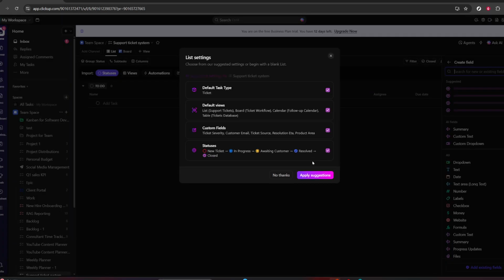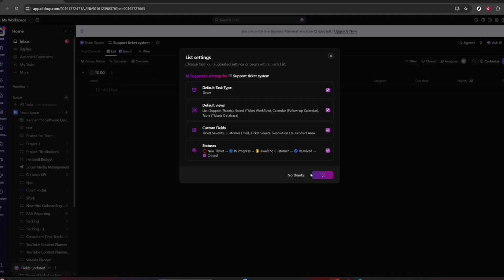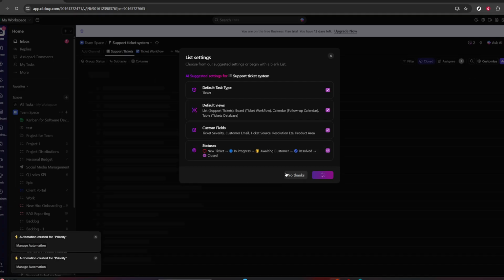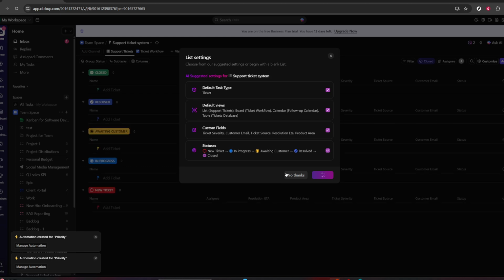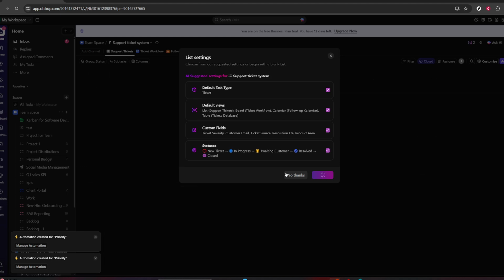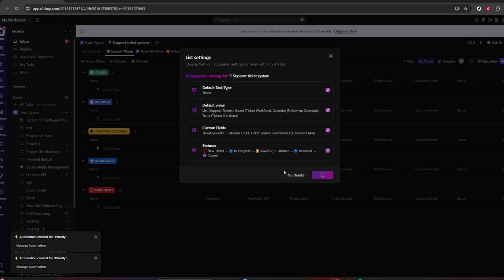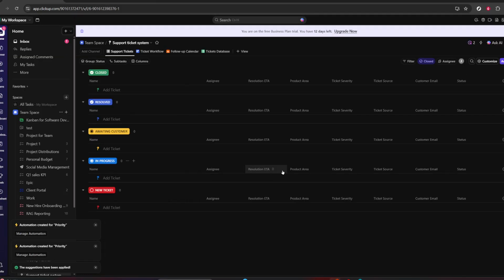After creation, you'll see an option to apply suggestions. Go ahead and click that. These suggestions are ClickUp's recommended settings and structures tailored to common workflows. For a support ticket system, that typically means helpful default statuses, basic fields, and views that make triage and resolution smoother. Applying suggestions saves you time and gives you a solid starting point, especially if you're building this process for